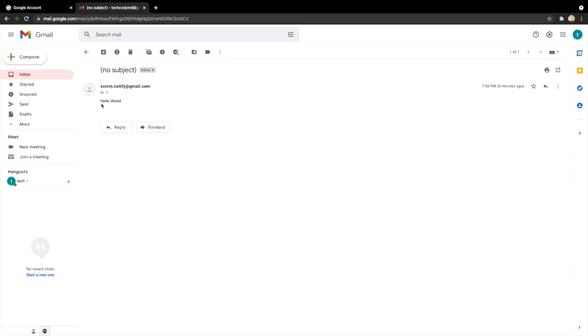So friends, this way you can write code and send the mail. And definitely for sending the mail, you can use any email service. In my case, we have used Gmail, and in case you are using Yahoo or any other, or you want to use your custom email, then definitely you can provide the SMTP details of your custom email ID and send the mail. So friends, this way we are able to complete the whole use case.